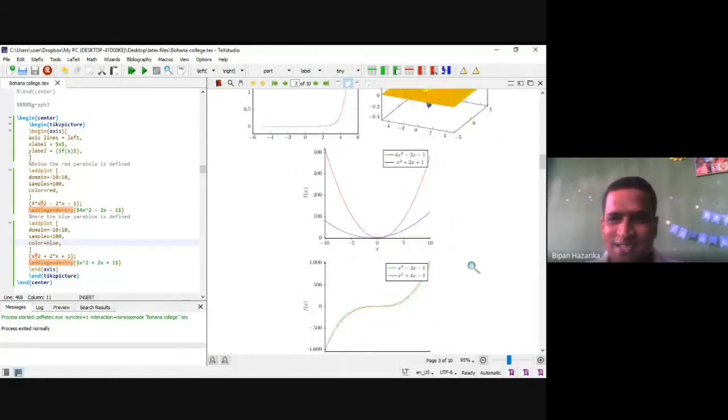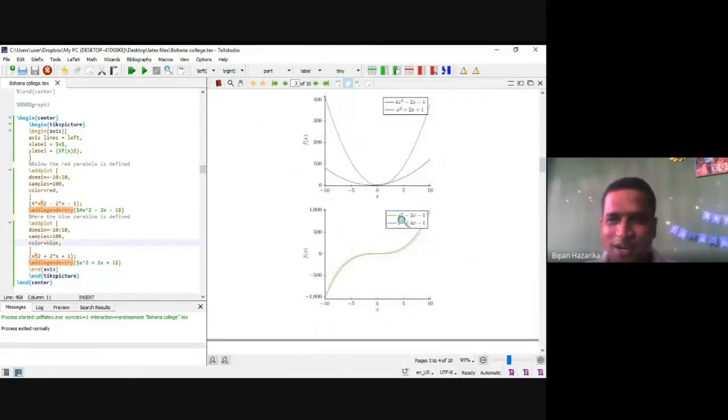Now, if your power changes, it is an odd power, x cube minus thrice x minus 1 and x cube plus 4x minus 1. You see these are the two graphs. So at 0, both the curves intersect, then after that they change their directions, okay? So the green curve starts from here and moves in this direction. And the red curve from here after 0 moves in this direction.